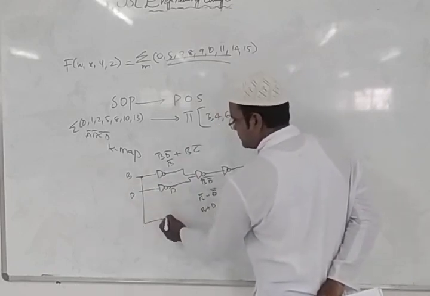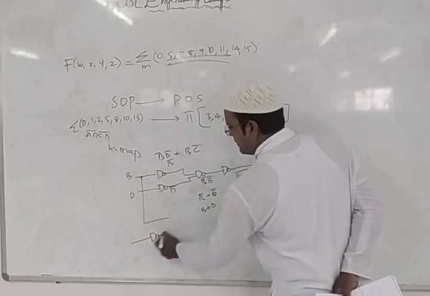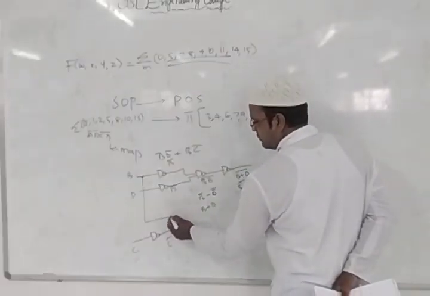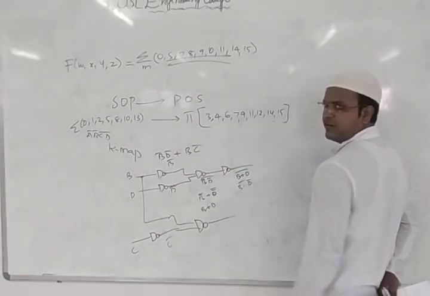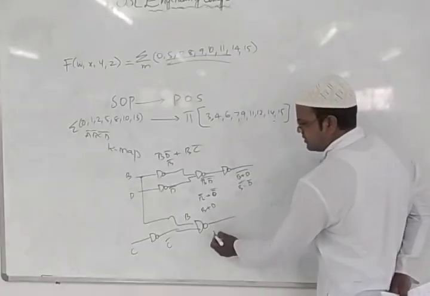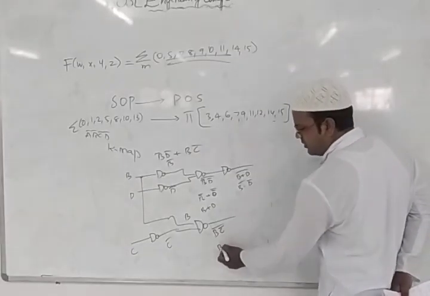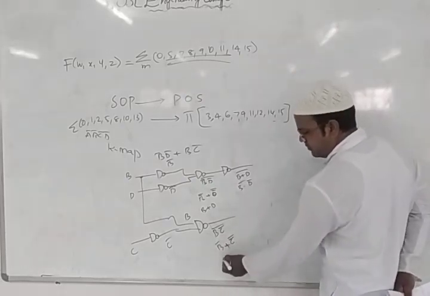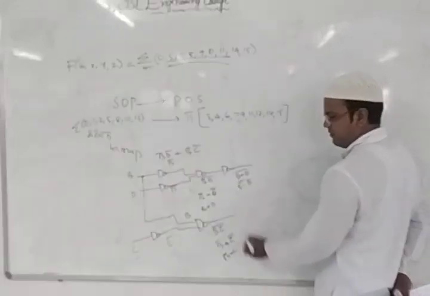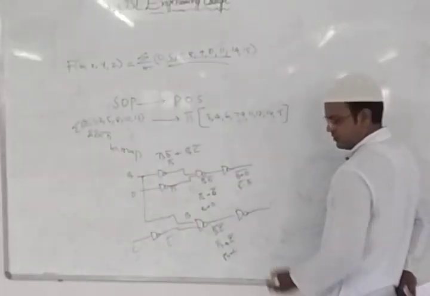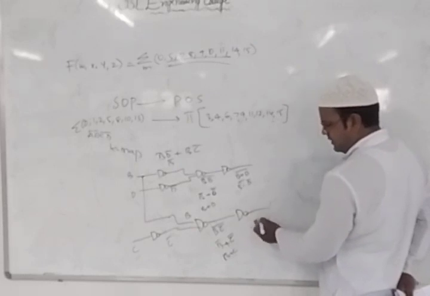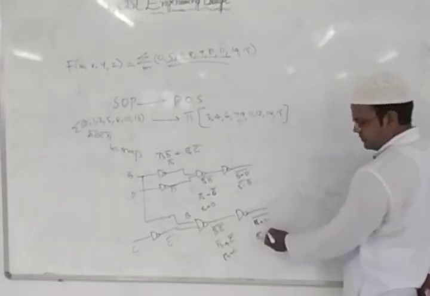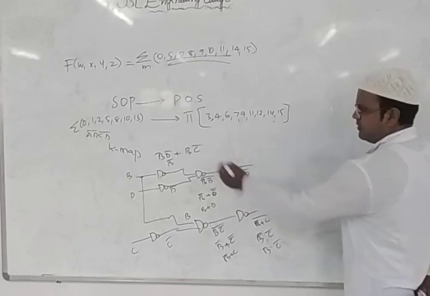This is B. Next I have C bar. So C bar and B, both we need to pass to one NAND gate. This is B dot C bar, whole bar. If you apply De Morgan's law, B bar plus C double bar, so the dot becomes plus, and B bar plus C will be left. But we don't want plus, we want the product, so we pass it through one more NAND gate. So we can write B bar plus C whole bar. If I apply De Morgan's law, plus becomes into, so B double bar into C bar. B double bar is B only. So we obtain this factor also.